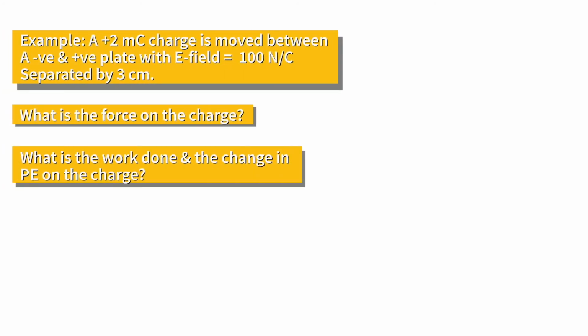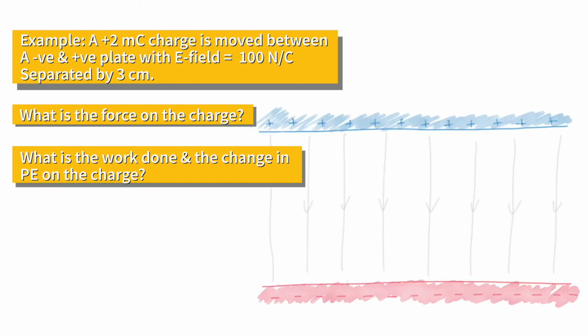Okay, now let's go through an example here. We've got a 2 millicoulomb charge, and that's moved between a negative and positive plate with an electric field strength of 100 newtons per coulomb. The plates are separated by 3 centimeters. What is the force on the charge, what will the work done be, and the change in potential energy of the charge? Okay, now we're going to label, as we should do with all physics questions,